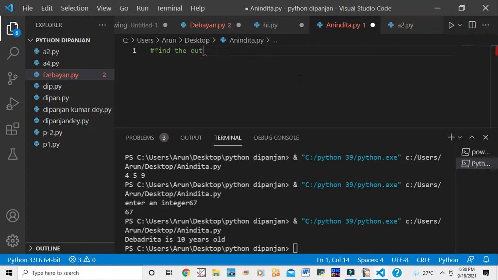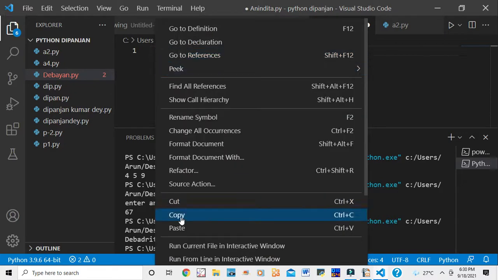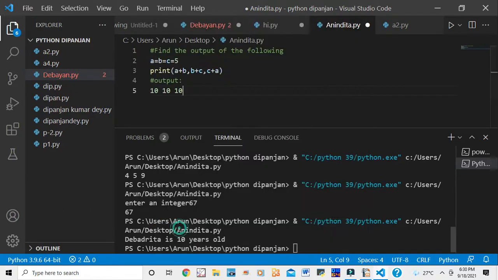Now by right click you can paste the code, find the output of the following. I have taken everything up to the print function. The comment will not participate in the code.